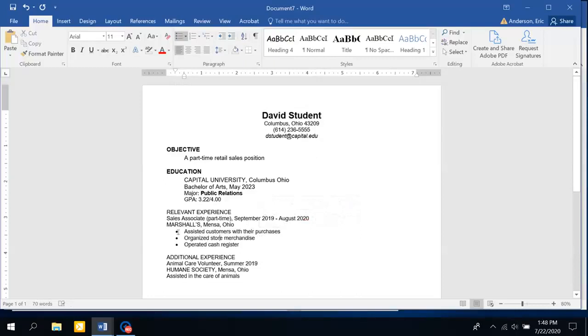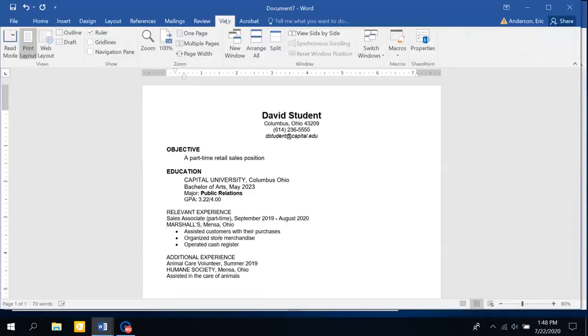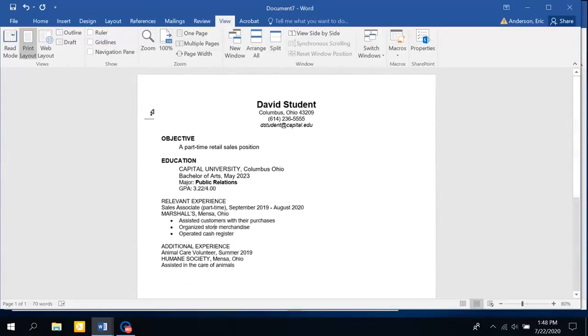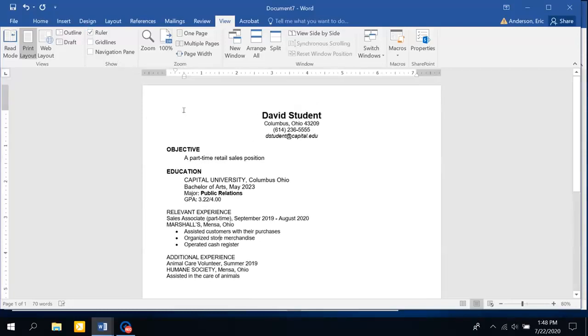This defaults to a lot of space between the bullet point and the text, and so we're going to talk about how to modify that. Also, this is the ruler bar, and if that's not showing up, you would go to View and click Ruler. You can see that as I click that, it disappeared, but as I click Ruler, it reappears. And when I have those bullet points highlighted, you can see that